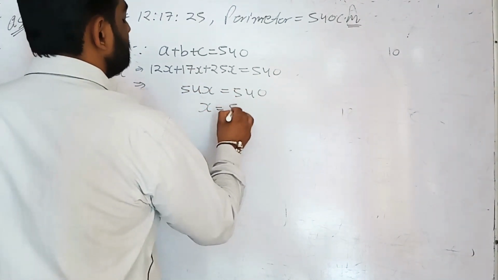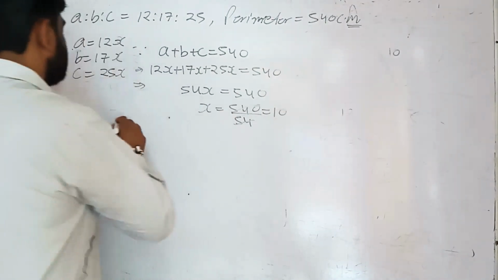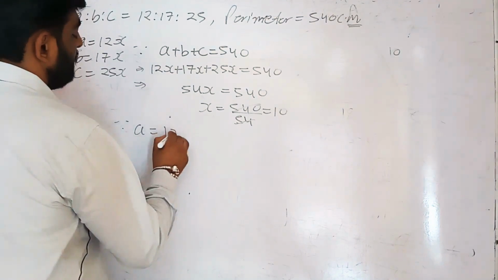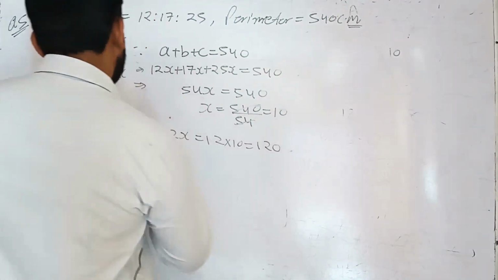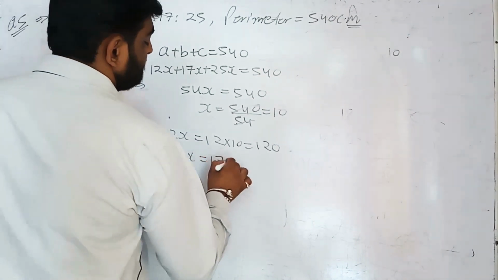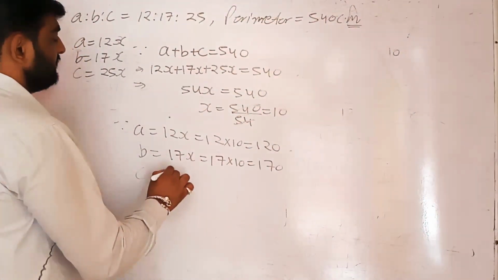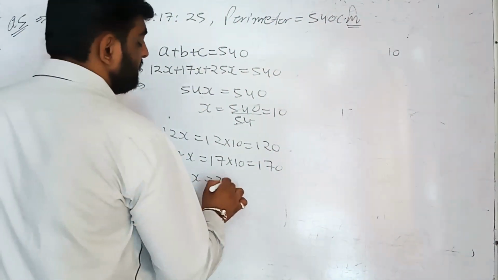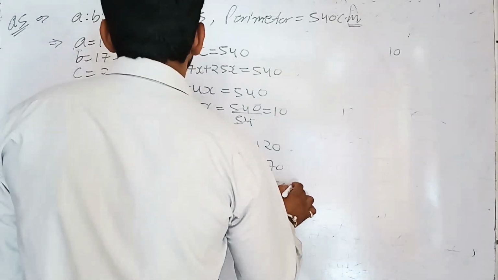It means x equals to 540 upon 54, that is 10. If x is 10, then A equals to 12x, it means 12 into 10, that is 120. B equals to 17x, it means 17 into 10, that is 170. C is 25x, it means 25 into 10, that is 250